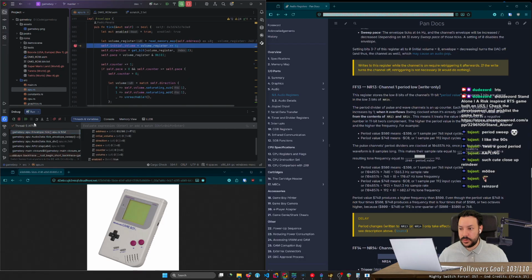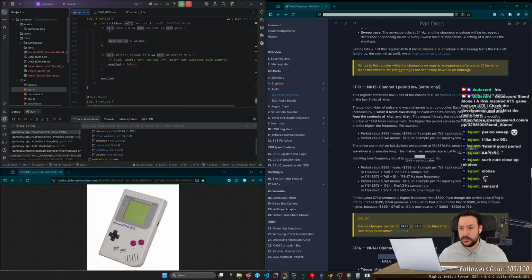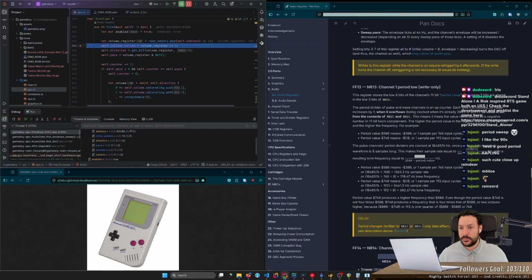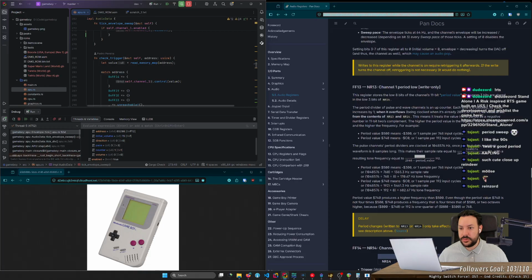Okay, so the volume starts at 0. The hell? What do you mean? Oh, right. Because whenever I enable this, I should set self.volume equal to self.initial_volume. Got it. Check trigger, control.